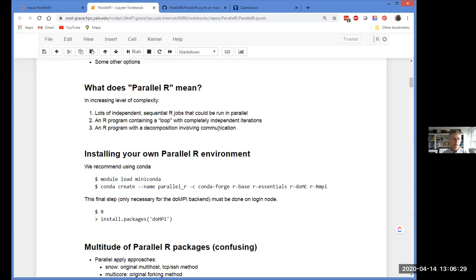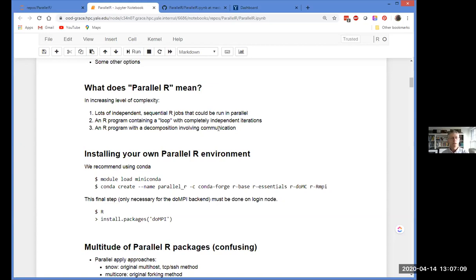So the simplest way to do that, and a very profitable way because it's so easy, is to simply run a lot of sequential, absolutely normal R jobs at the same time. And at the end of this presentation, I'm going to show you a very simple way to do that. So that's perhaps the easiest way to do it, because it just involves running a lot of copies of something that you're already used to running. There can be a little bit of complexity in managing lots of different jobs and combining the results, but fundamentally, the code itself is pretty straightforward.